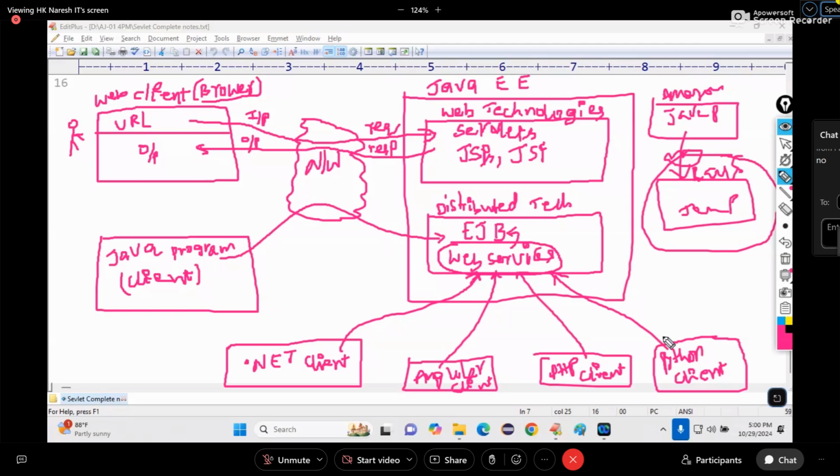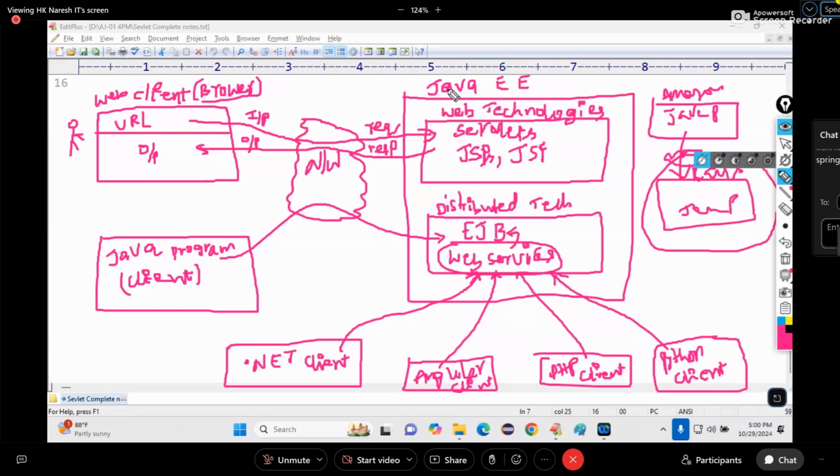Enterprise Java Bean. It is one program which is meant for developing big business applications. Okay, and it is outdated. In place of EJB, what came? Spring. Okay, we are using Spring.